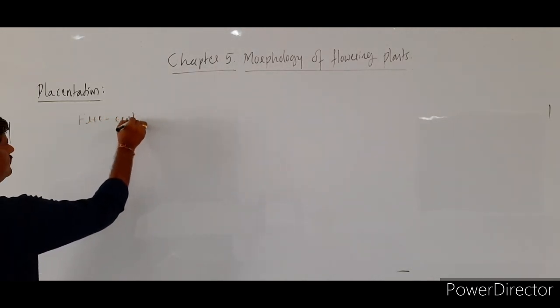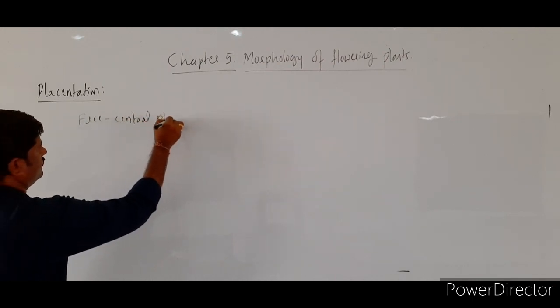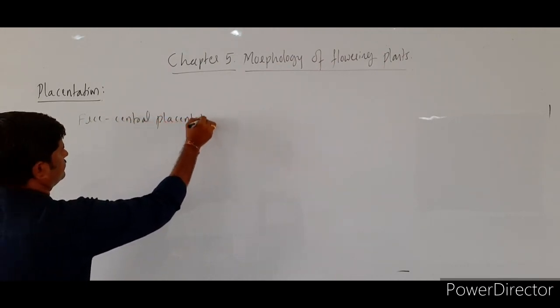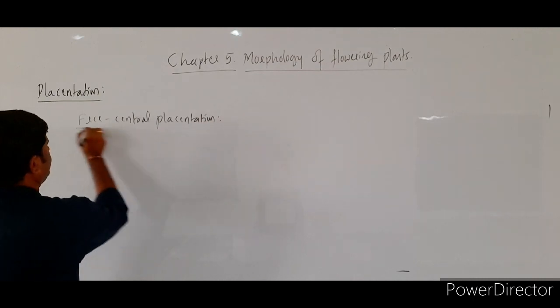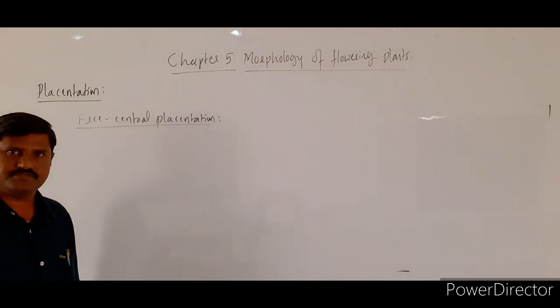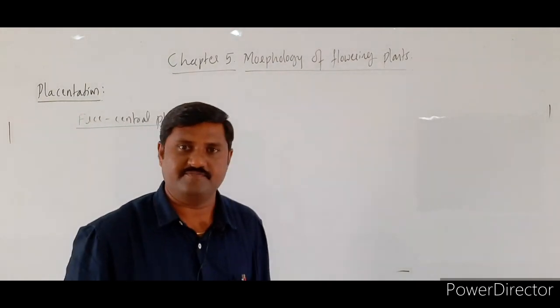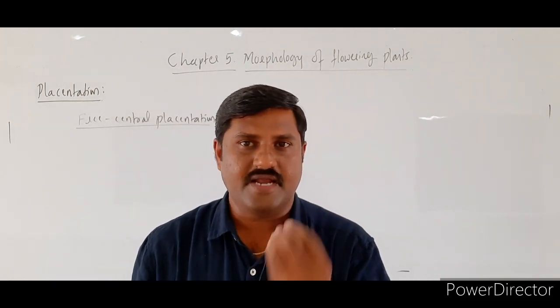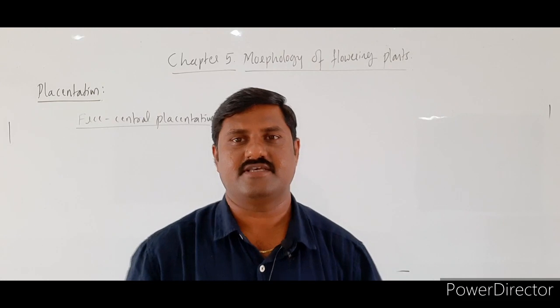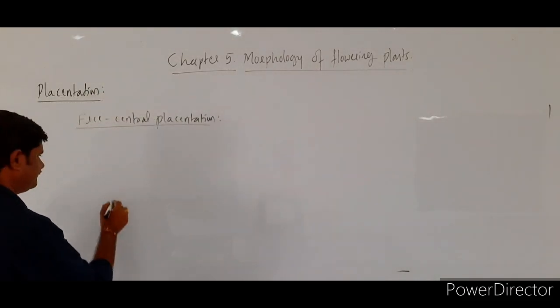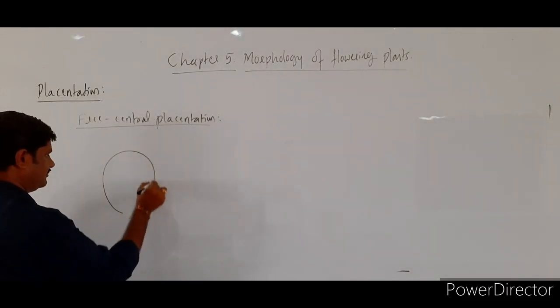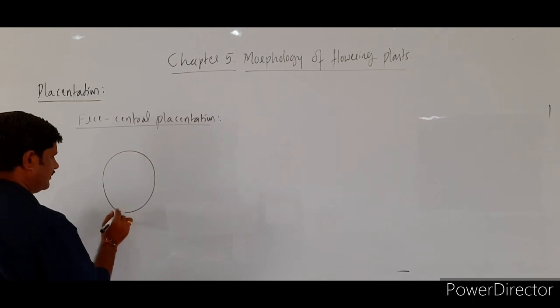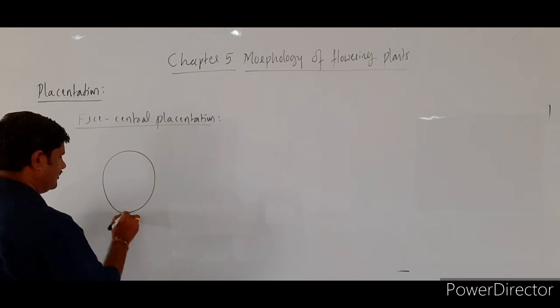Free central placentation. It is a type of placentation in which the placenta arises from the base of the ovary. See here, this is the ovary. From the base of the ovary, the placenta arises, and it